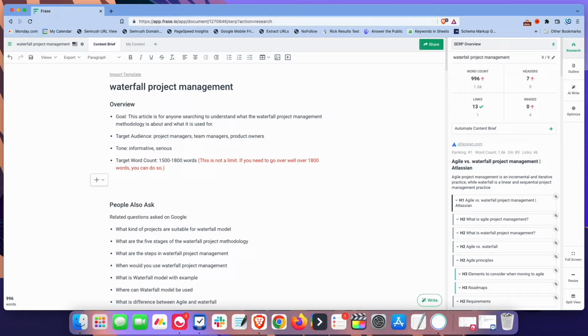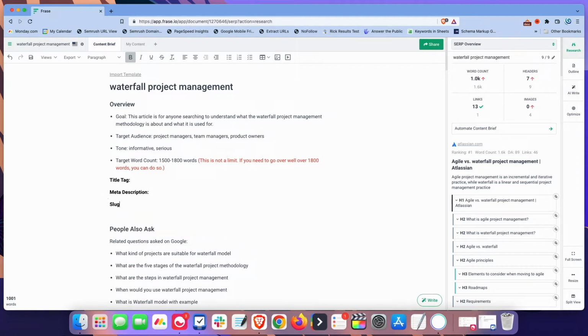Next thing I do then is I will actually put in here the actual title tag. And this isn't so much for the writer, but it's going to be for the client when they get a hold of it. I'll include title tag, meta description, slug, and